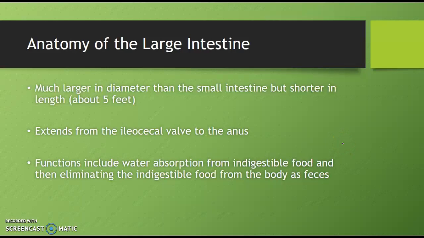Alright, we're moving on to video 3 for lesson 10. This will be our last video for lesson 10. We ended with the anatomy of the small intestine, and now we're going to move on to the anatomy of